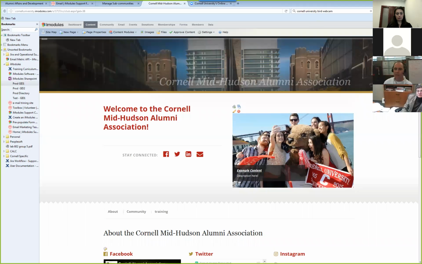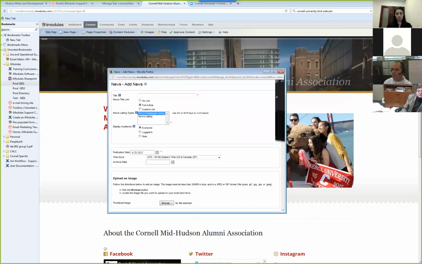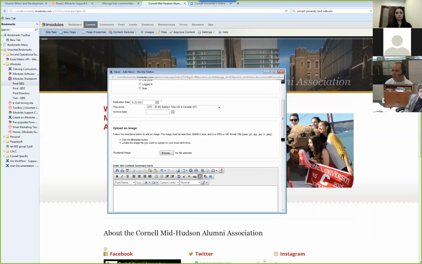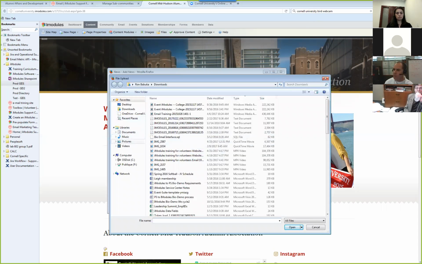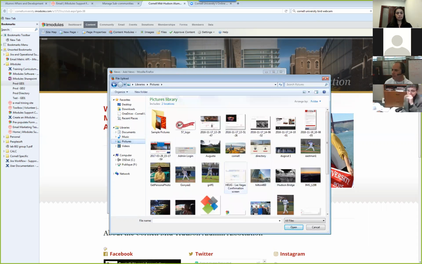A window will show up. On my computer, it's designed to open up a window on another monitor, so bear with me, I'll drag the monitors over. The first thing we need to do is add a little title. We'll call this Hudson Bridge. Right down here, we're going to bring in the picture. We're going to click this little icon, go to my pictures, and find a picture that I had stored, just a little bit of Hudson Bridge. I'm going to open this up.